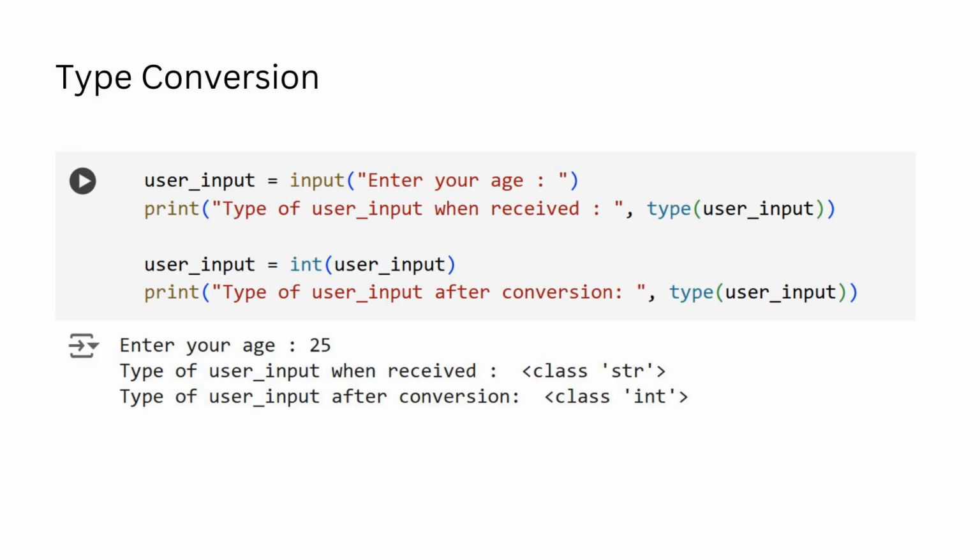We can do type conversion between supported pairs of data types. For example, int can be converted into string. But string can be converted into int only when the string is composed entirely of numerical values. If there is even a single non-numerical character, an error would be raised. We can assign the converted value to the same variable because Python is dynamically typed.